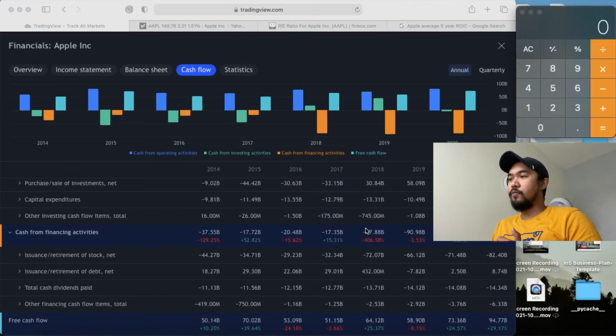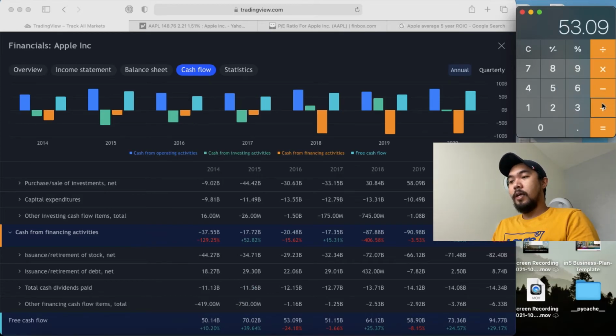Okay, so guys, I've pulled up the calculator app so we can calculate the 8th pillar. So, average free cash flow for the last 5 years, and then multiply by 20. So let's just do that. Let's go from 2016, it's